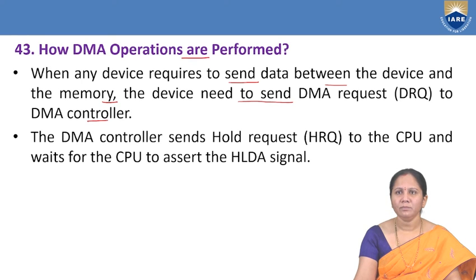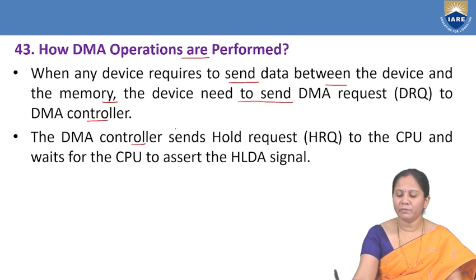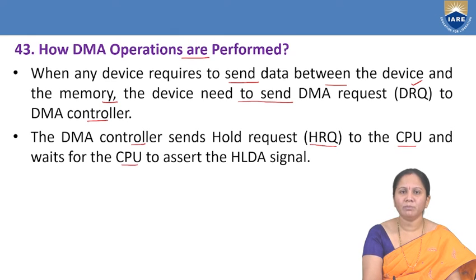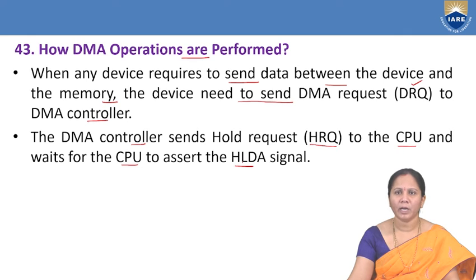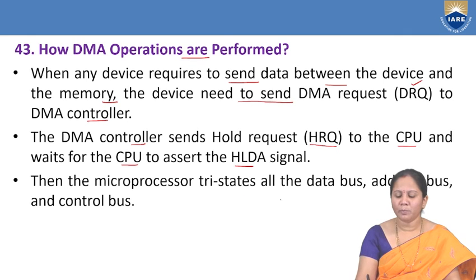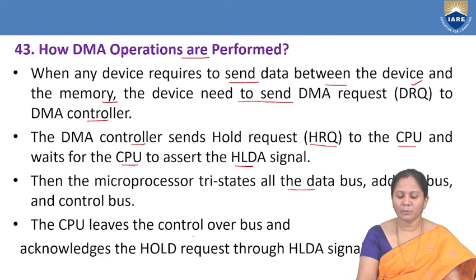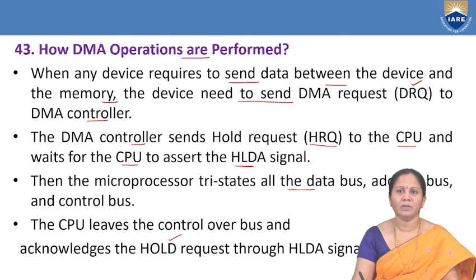Then the DMA controller, after receiving this DRQ signal, sends an HRQ signal to the CPU, that is the microprocessor, and the CPU takes some time to give the hold acknowledgement signal to the DMA controller. Then the microprocessor tri-states all the data buses, address buses and control buses. Then the CPU leaves control over the bus by sending an acknowledgement,